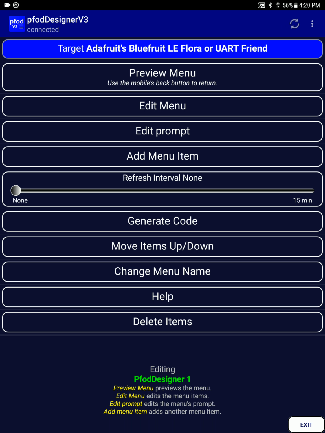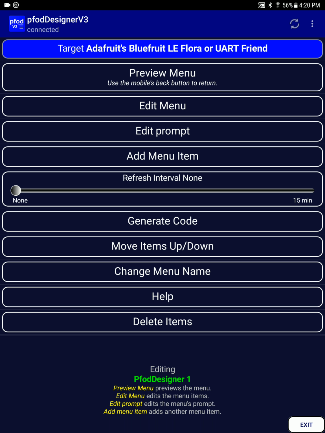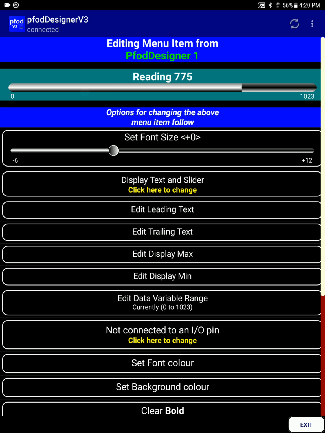After seeing what it looks like, we'll select Edit Menu. Then at that point you can see data display item is labeled as Reading. That's because we haven't edited the text yet. So we'll select Reading and get back to our data display attributes page. Here we have two text strings we can edit, leading text and trailing text. So we edit the leading text and change it to